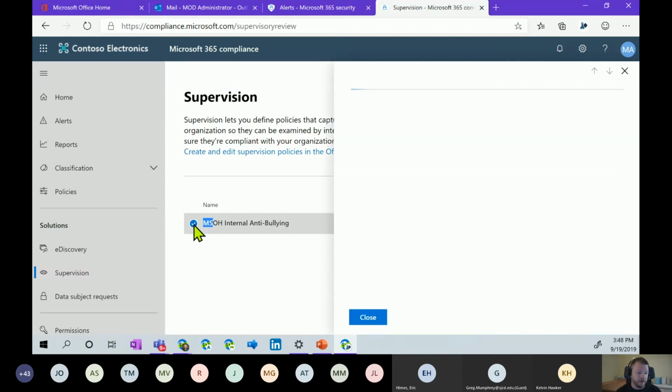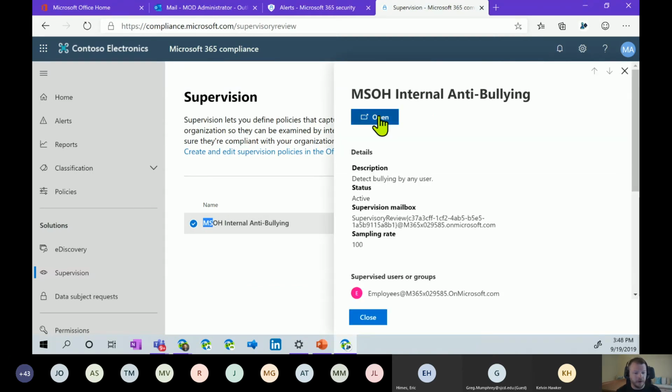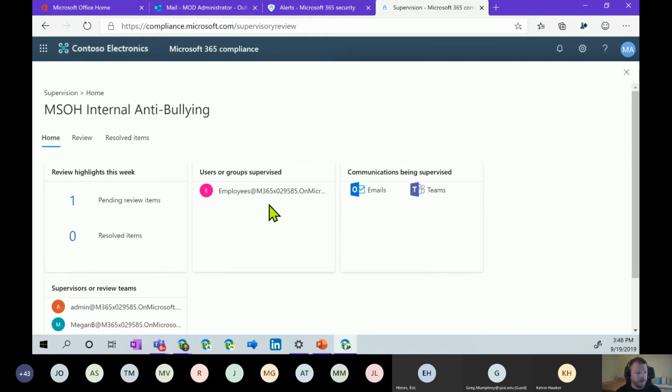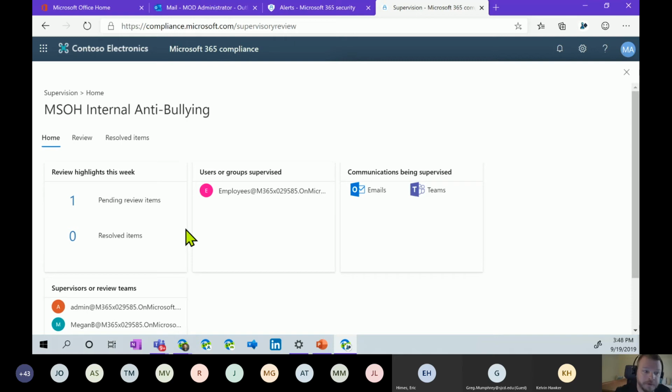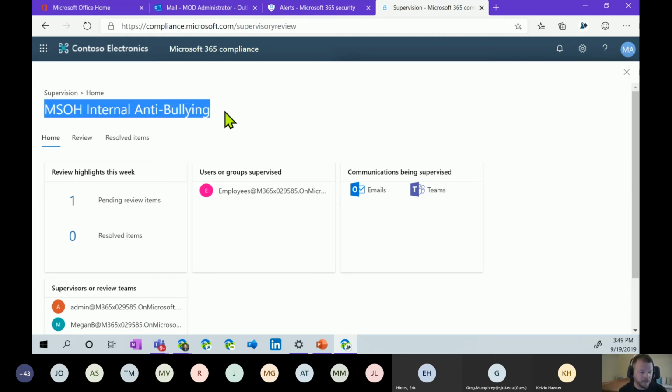Sorry, I didn't mean to close it out. Right here, I can click open, and you will see that I have one pending item for review. So this is kind of a new interface if you haven't seen this before. I can assign this role to individuals within my organization to come in and look at this. They can now see these are the two supervisors that have been assigned to that policy, the MSOH internal anti-bullying